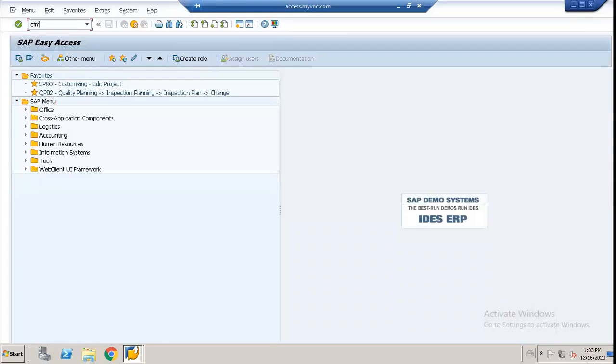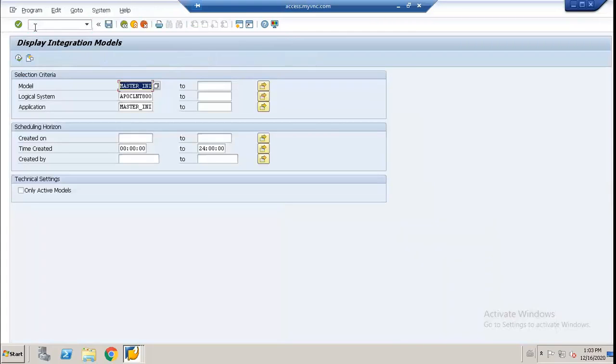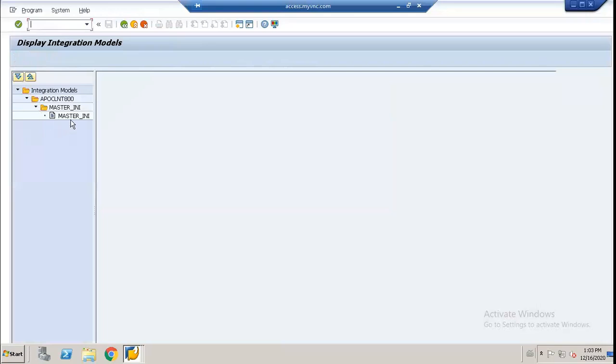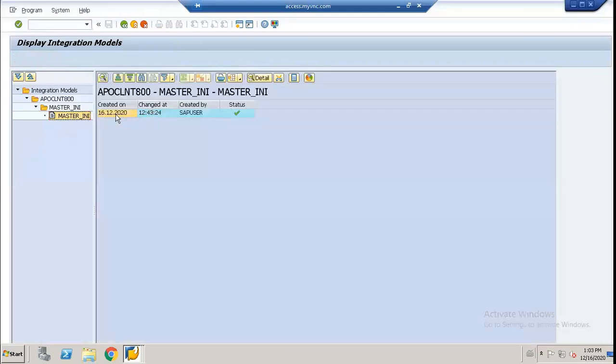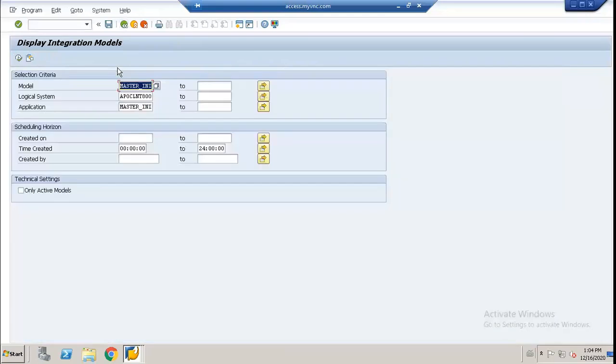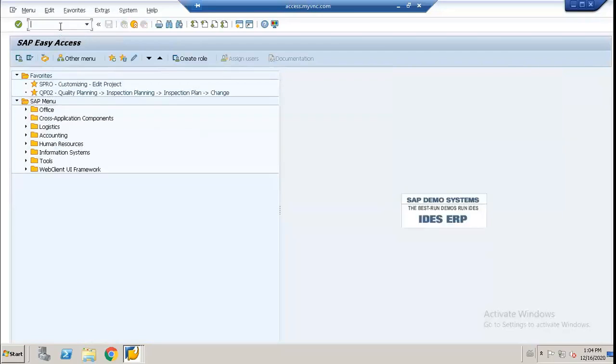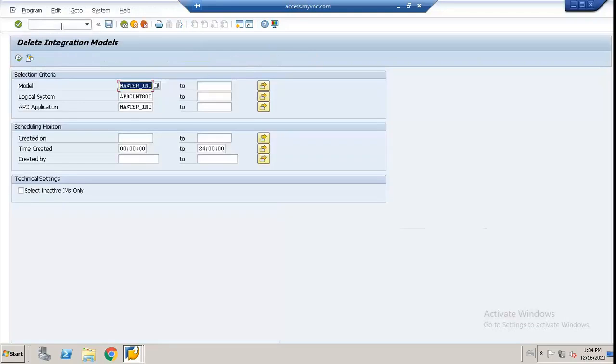And we have CFM4 also. CFM4 is for display and integration model. CFM7 is there. CFM7 is data integration model. That means once it's activated,